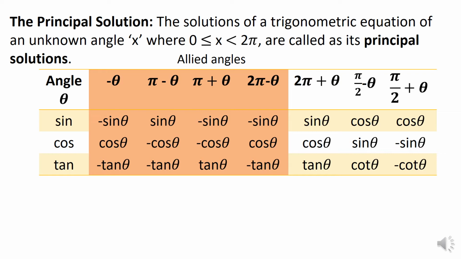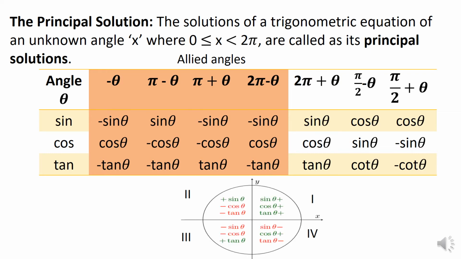So for example, just to help you out, I will also include the standard unit circle over here, where you can see in various quadrants what the signs of the various trigonometric functions are. So let me remind you regarding sine. Then you can think about cos and tan for yourselves. If the angle is theta, we know that sine of minus theta is minus sine theta. We have already proved this last year.